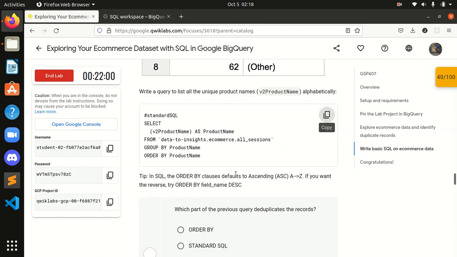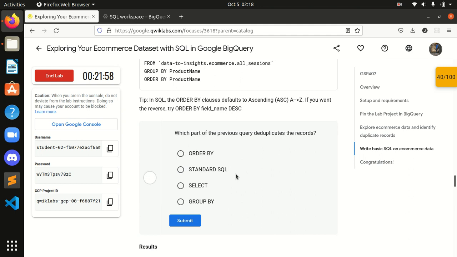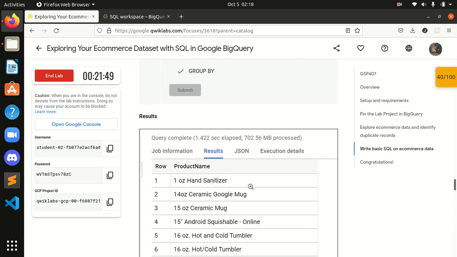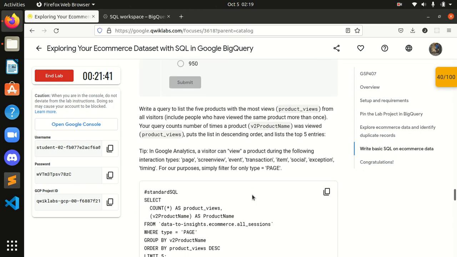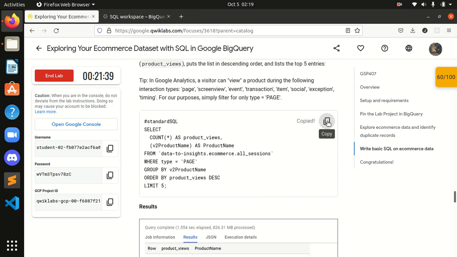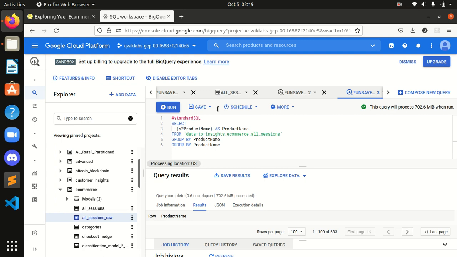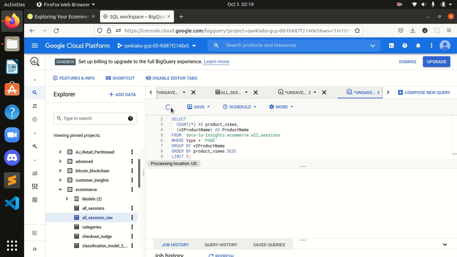Which part of the previous query duplicates the record? How many distinct product names were returned in total? Now guys, let's copy this and I will run this again in a new query.